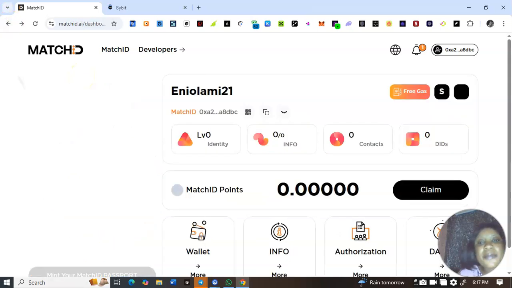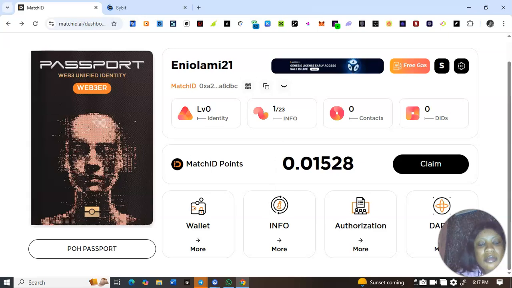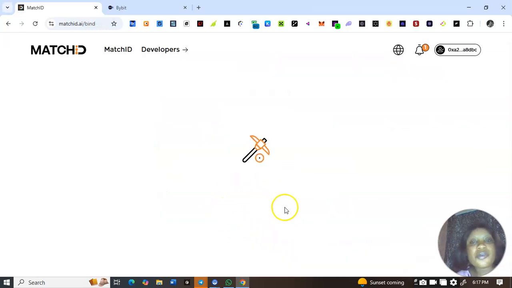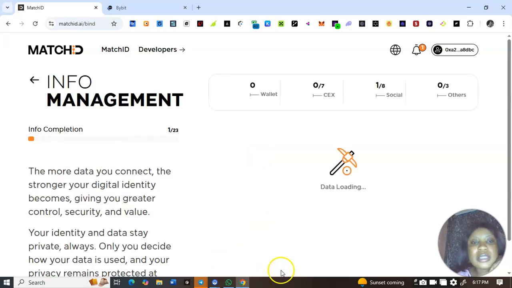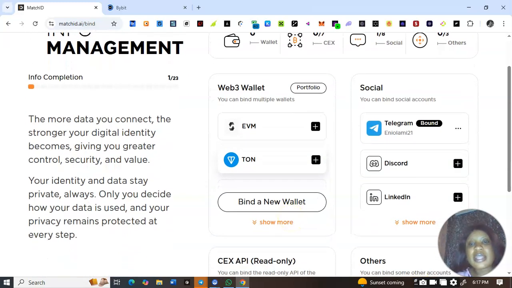All of those tasks that you are meant to do are here already. So you are seeing wallet, you are seeing info, you are seeing authorization. If I click on this info, here I'll be able to connect an EVM wallet and a Tone wallet. The more data you connect, the stronger your digital identity. So I have the option to connect EVM, Tone, and Discord, LinkedIn,